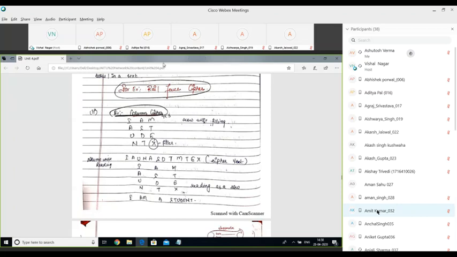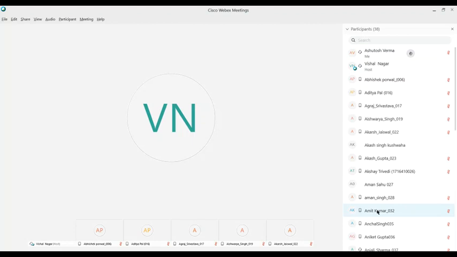Now, class, if you have any doubt, you can ask me questions regarding this. Class, do you have any doubt about substitution cipher and transposition cipher? Any one of you can respond.